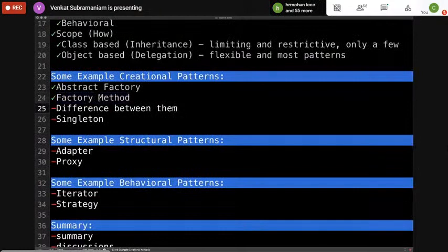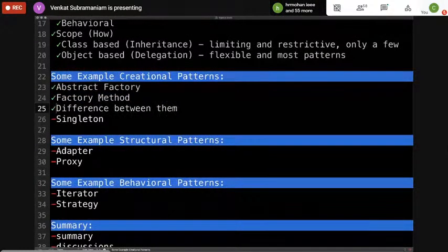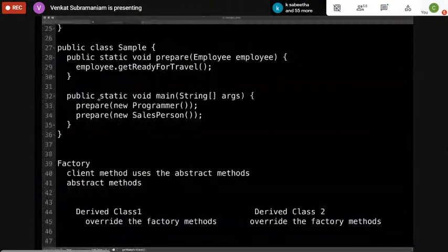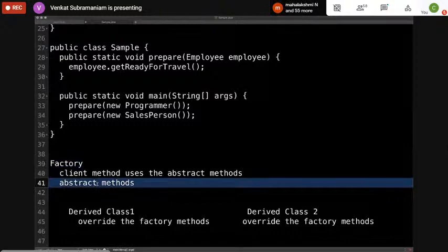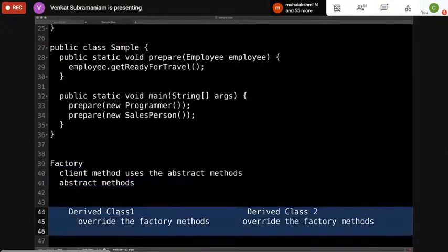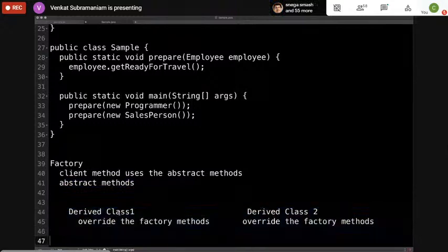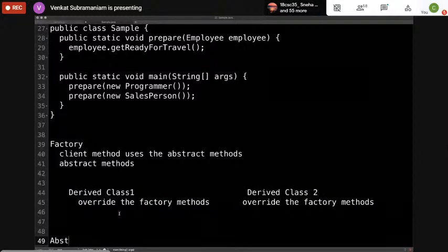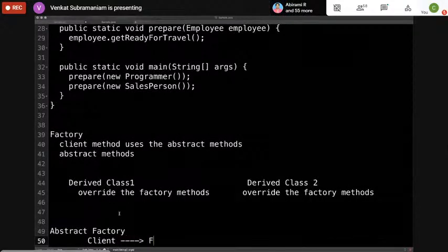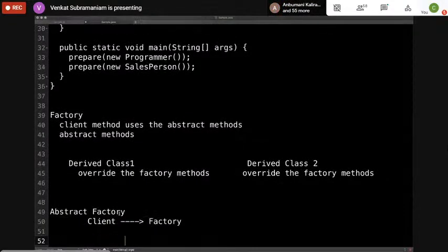So a factory method, how do you tell the difference between those two? Well, the way to tell the difference is, notice in the case of a factory method, you have a bunch of abstract methods and the derived classes actually implement it. So what is the primary solution we use in here? In the case of abstract factory, you have a client that talks to a factory like that. So what is the primary tool we use in this case? That is delegation. So that becomes an object scope, if you will.